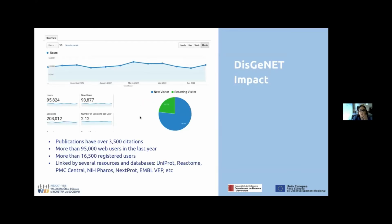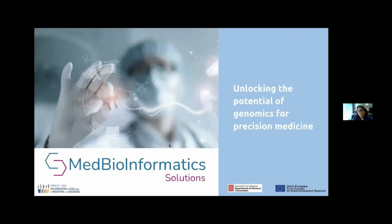Finally, I want to mention that DisGeNET has been around for over 10 years, as I mentioned earlier. So we have over 3,000 citations and 90,000 users. And yes, we are linked by different databases like UniProt, Reactome, and the Ensembl Variant Effect Predictor, etc. And given this success that we had, and given the fact that the data in DisGeNET cannot be used